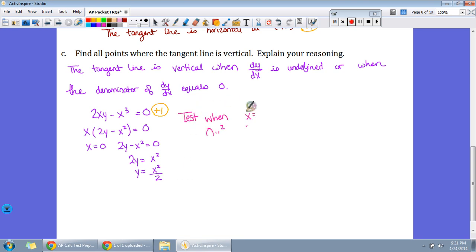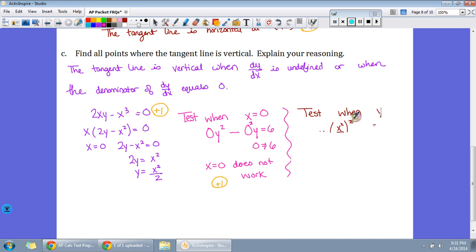First, we're going to test when x is 0, and again, we're using the original, so x times y squared minus x cubed times y equals 6. But we run into the same problem we had before when y equaled 0. When x equals 0, 0 doesn't equal 6, and so x equals 0 does not work, and that's worth a point. When you test y equals x squared over 2, and you plug everything in, we're going to get